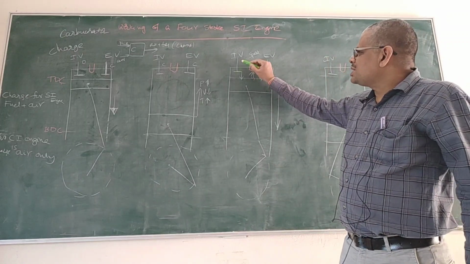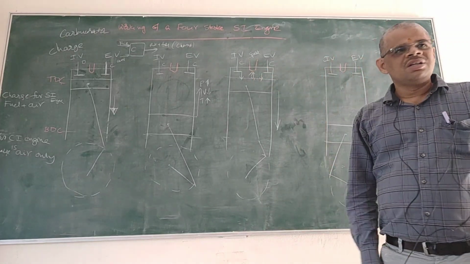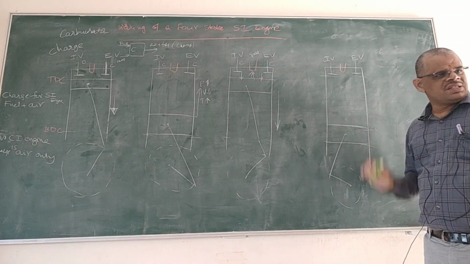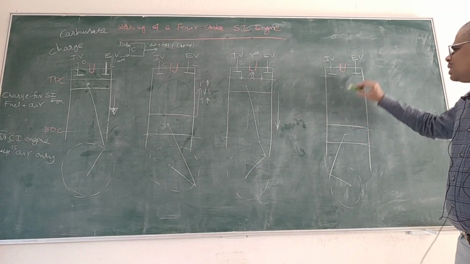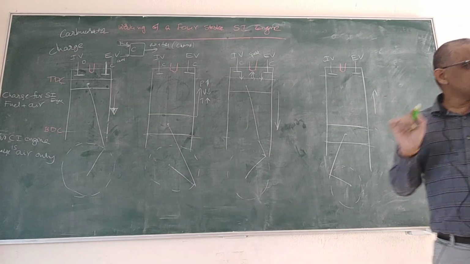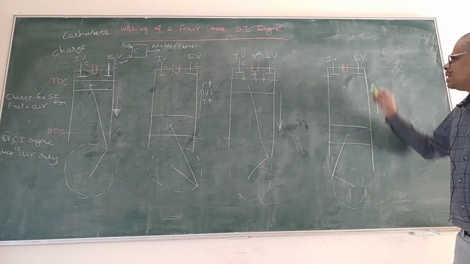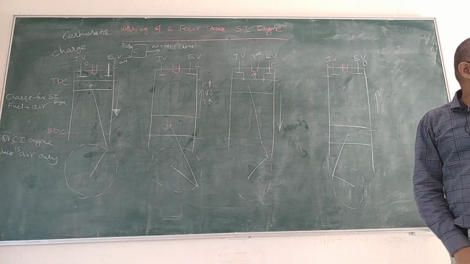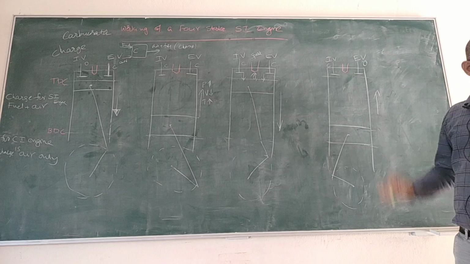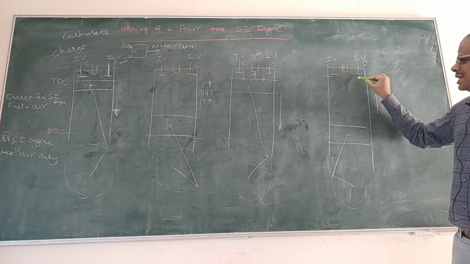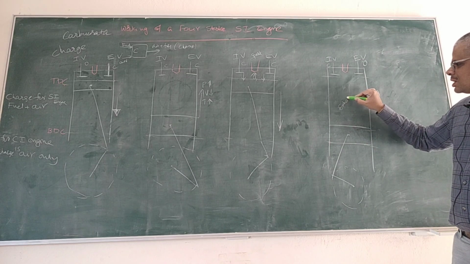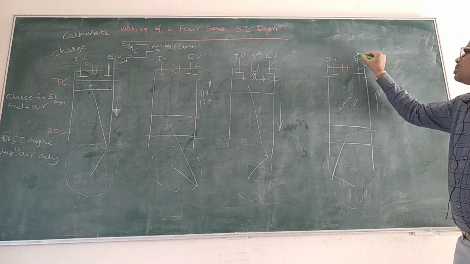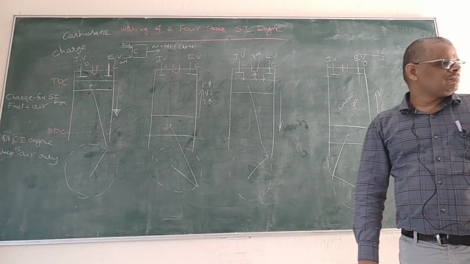Now, in this position also, this is closed and this is closed. Now, the piston has reached its bottommost position, that is BDC, and now again it will move upwards. During this process, this exhaust valve is open, inlet valve remains closed. So what happens? As the piston moves upwards, whatever be the gases, they are called exhaust gases. They are sent out through this exhaust valve